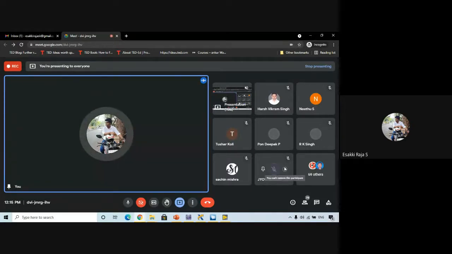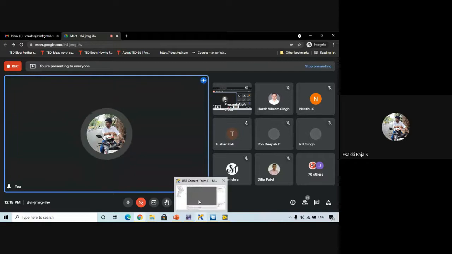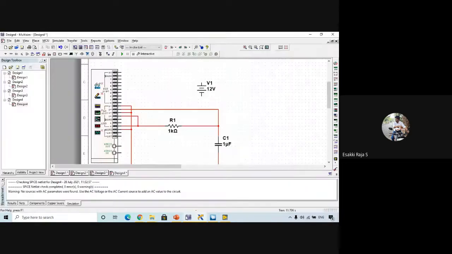Actually, we have a different kind of co-simulation. What we saw now, even that is a co-simulation, but it is a co-simulation between Multisim and the hardware myDAQ. We have enabled a myDAQ block in a Multisim window, and we compared the Multisim simulation output with the actual circuit output, right?